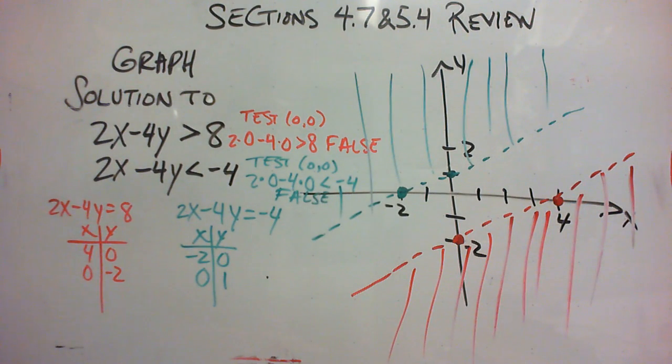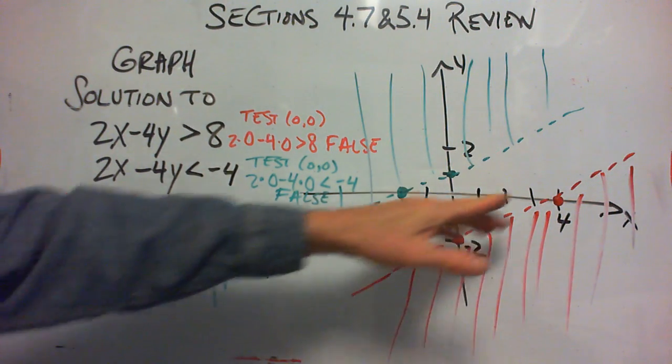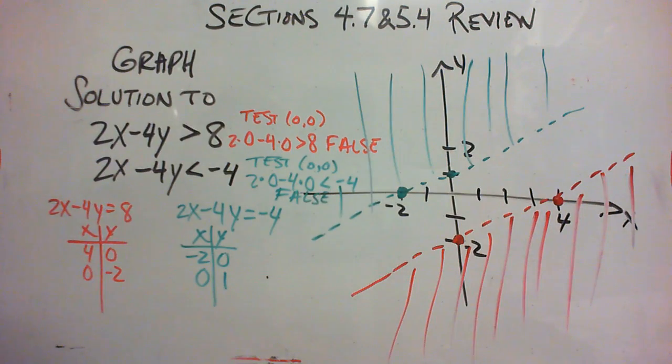So 0, 0 is all alone. There's nothing there. And these two regions don't seem to intersect. And if you take a good close look,